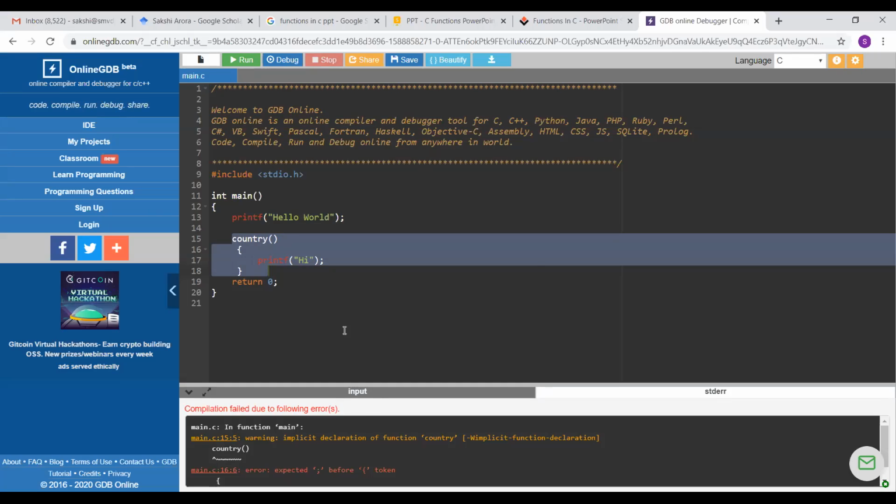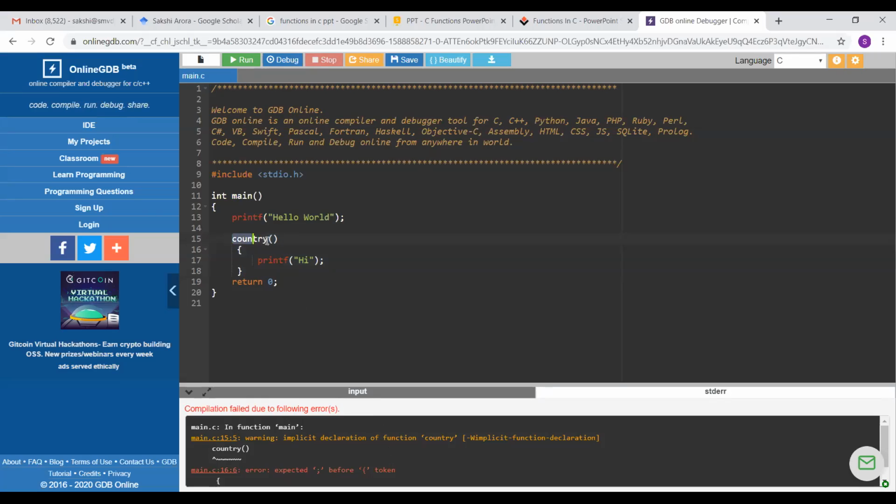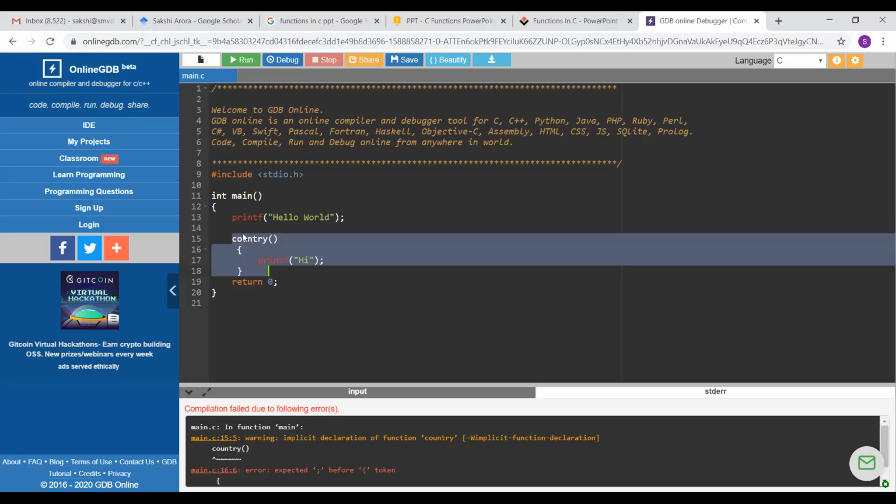When we try to run this program, it says that I do not know what is this function country. I do not know what is it, because we have not declared this function before using it.